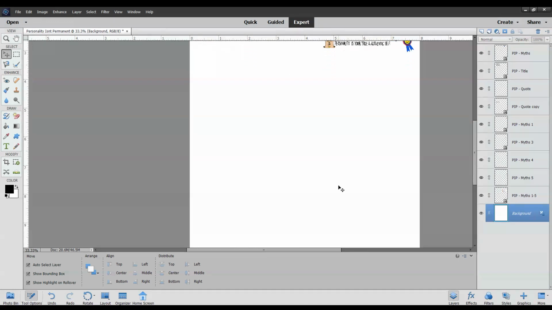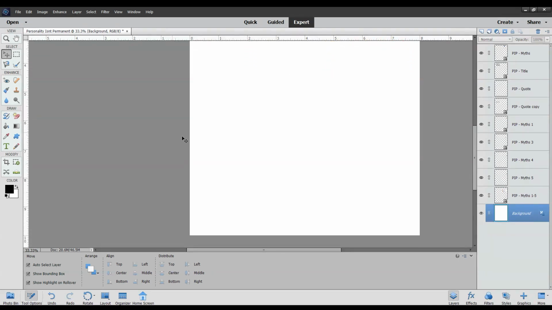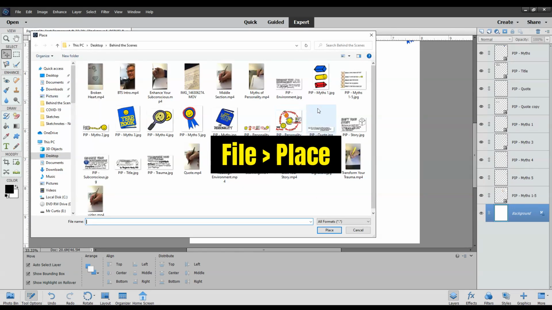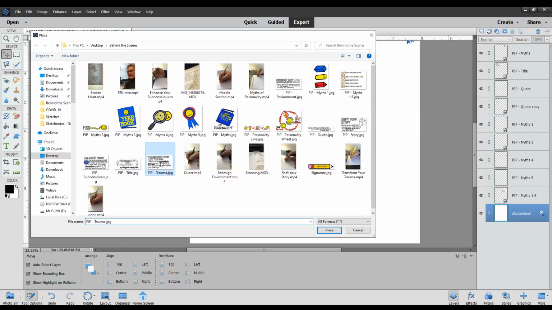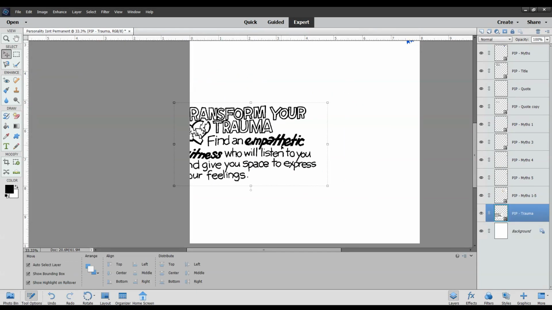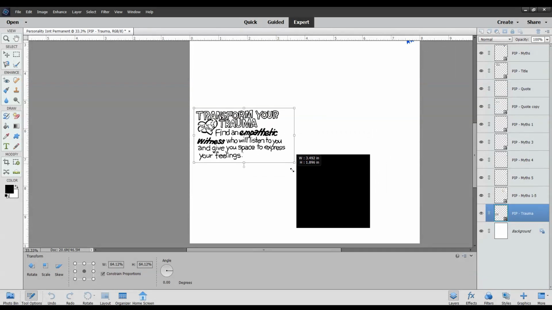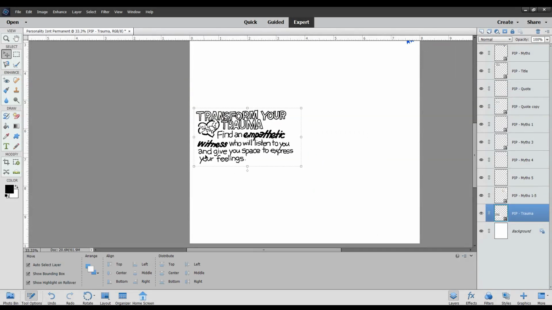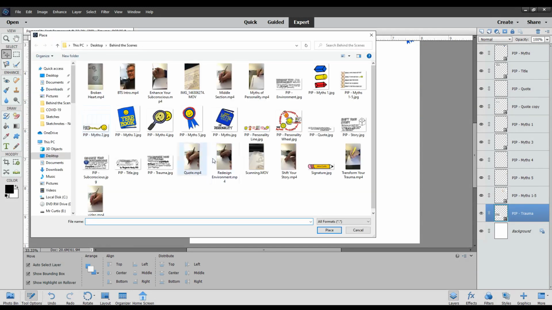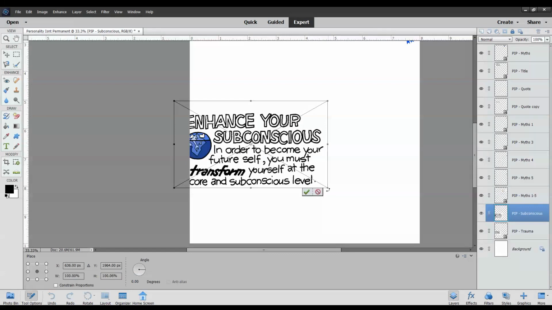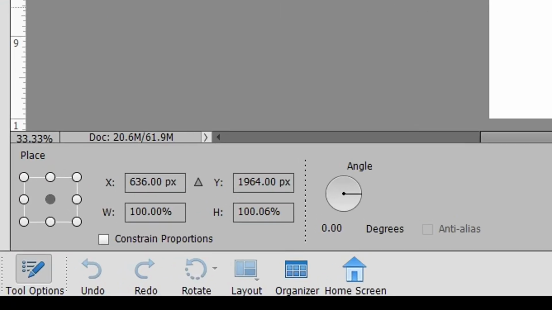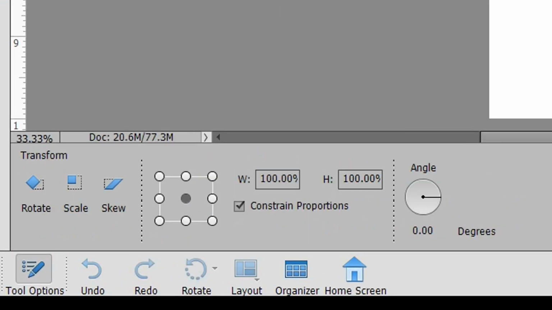So the next thing we have to look at is those 4 different components. So let's look at the first one. The first one was transform your trauma. There's the first one. And I don't know, I'm just thinking, make it a quarter the size of this bottom section here. Next, place the next one, enhance your subconscious. Now, what you can do too is if you take a look down on the bottom here, as you move this, it will show you